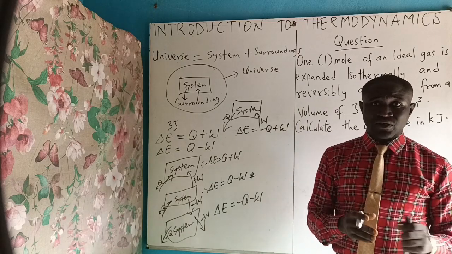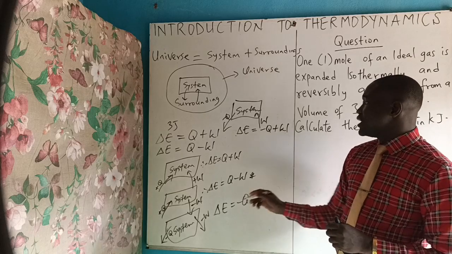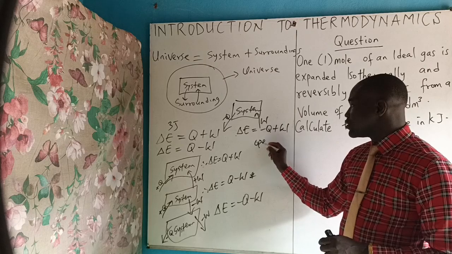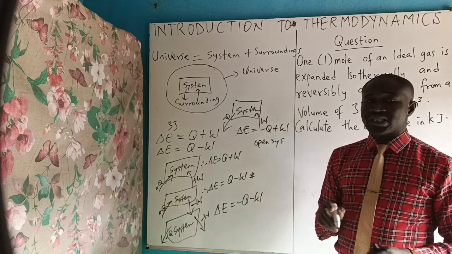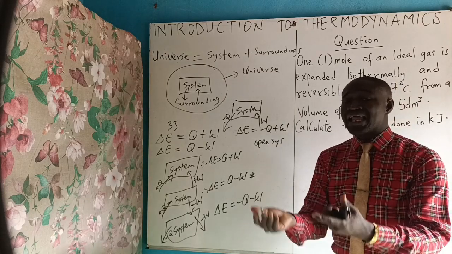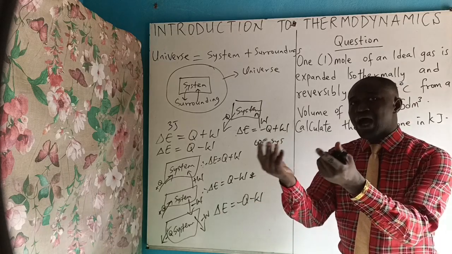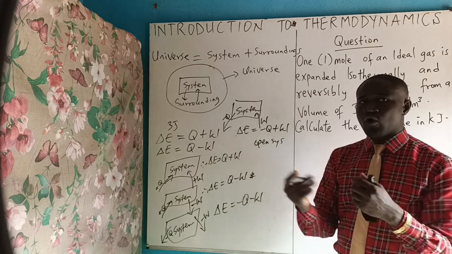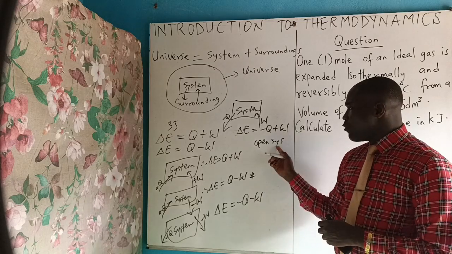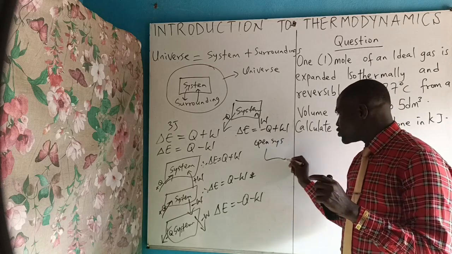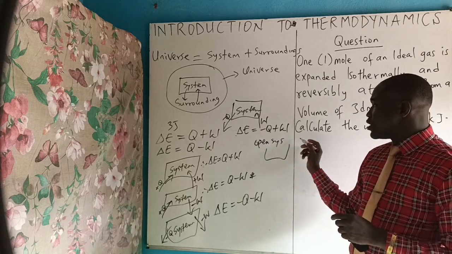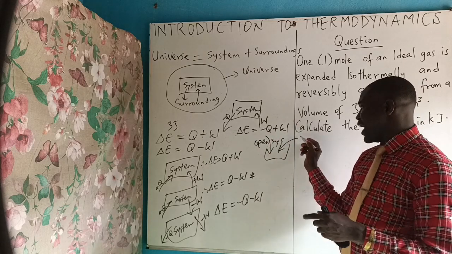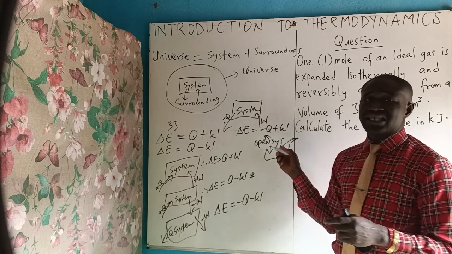We have basically three types of system. One is the open system. Open system allows matter and energy to flow in and flow out. I repeat, open system allows matter and energy to flow in and flow out. What do we mean? Let's say this is an open system. It will allow energy to flow in, matter to flow in and also flow out. Are you getting it? And so that is about the open system.